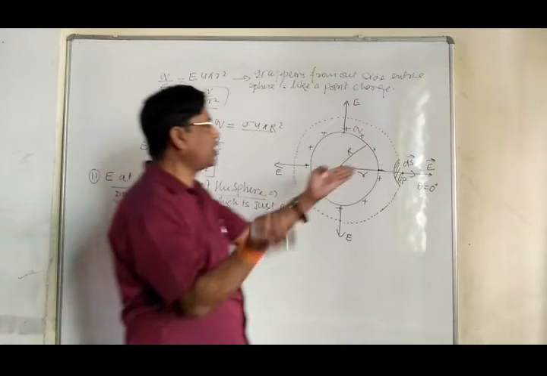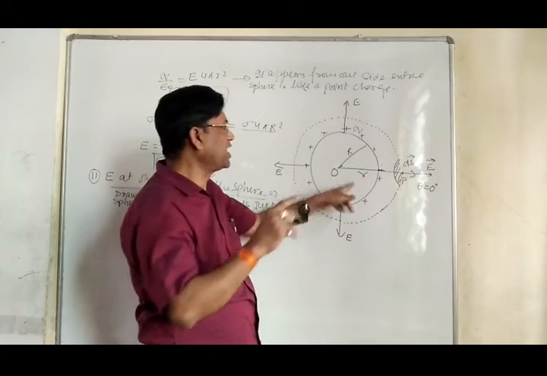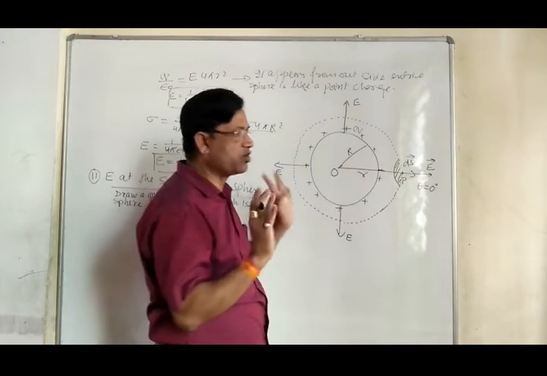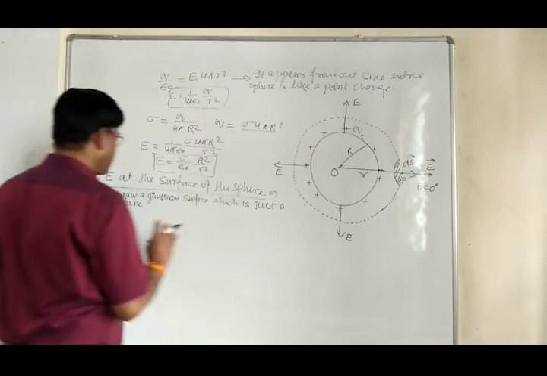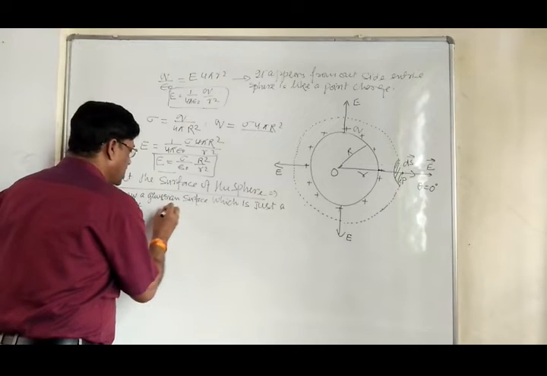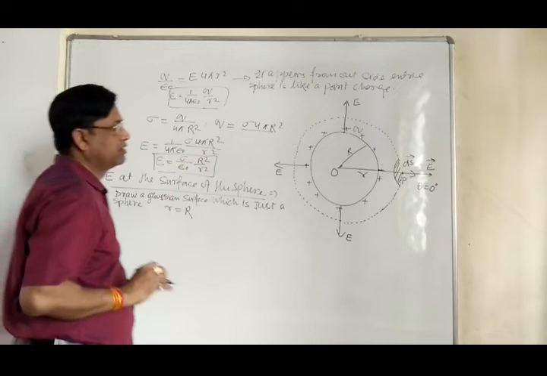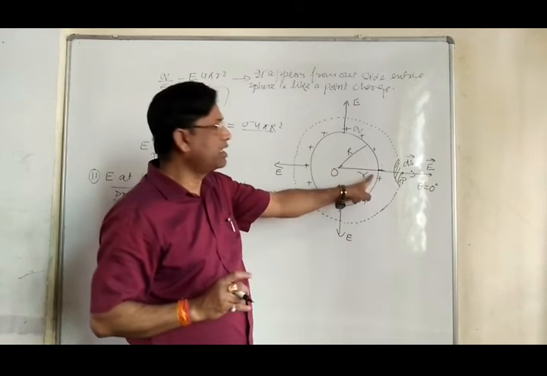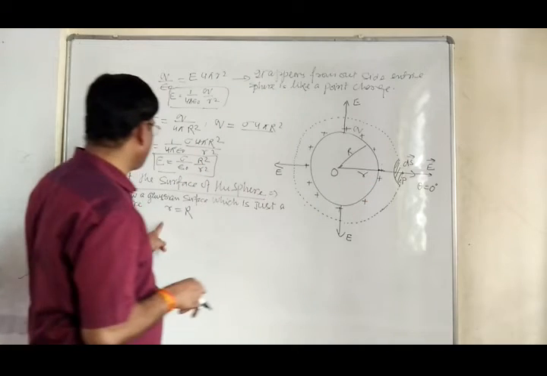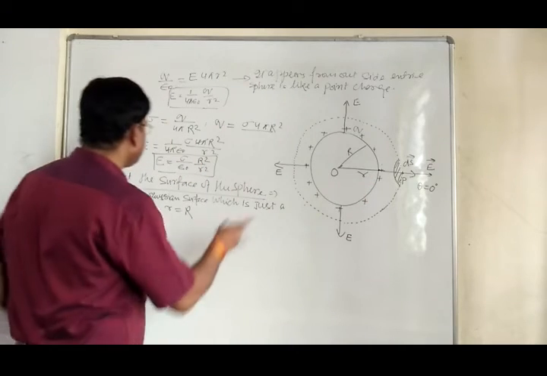Just a sphere means it will not overlap. Almost its radius is equal to this. When it is, that would be its Gaussian, just a sphere. In this case, this r would be equal to R. When the point P lies over here, then this r would be equal to R.